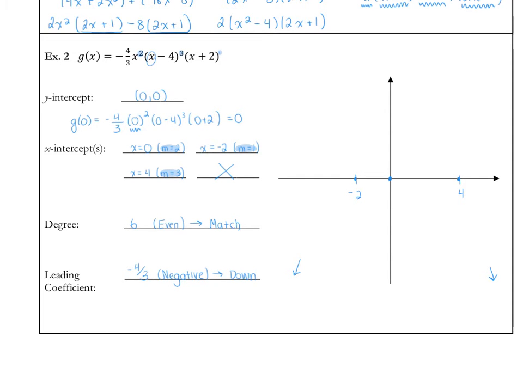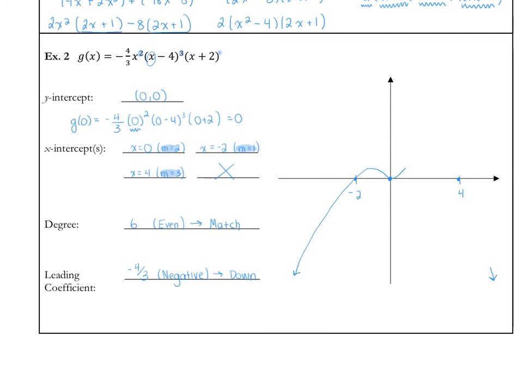Okay, so let's go from left to right. The first one that I'm going to hit is x equals negative 2 when I go from left to right. That has multiplicity 1, so I'm just going to go straight through. So let's start at my arrow down here, go straight through. Then, at some point, I have to get back around to hit this, x equals 0. But I notice that the multiplicity is even, so I'm going to bounce at x equals 0. So perhaps something like that. And then last but not least, we'll come back down and hit 0 when x equals 4,